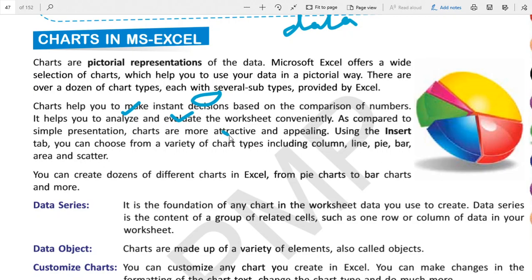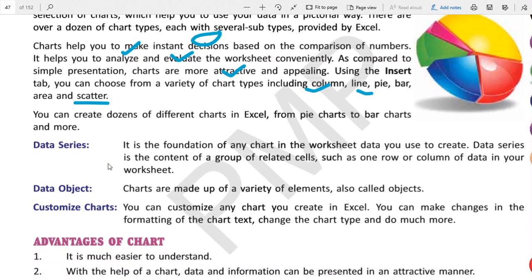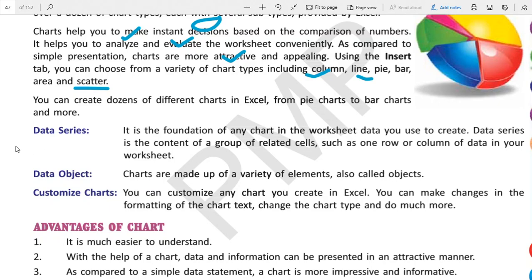तो क्या है, ज़्यादा अट्रैक्टिव भी होते हैं और ज़्यादा देखने में अच्छे भी लगते हैं। Using the insert tab, you can choose from a variety of charts including column, pie, bar, line, area, and scatter. So you have many of the charts like column, line, pie, bar, area, and scatter. ठीक है, तो आप इससे कोई भी चार्ट को रिलेट कर सकते हैं।